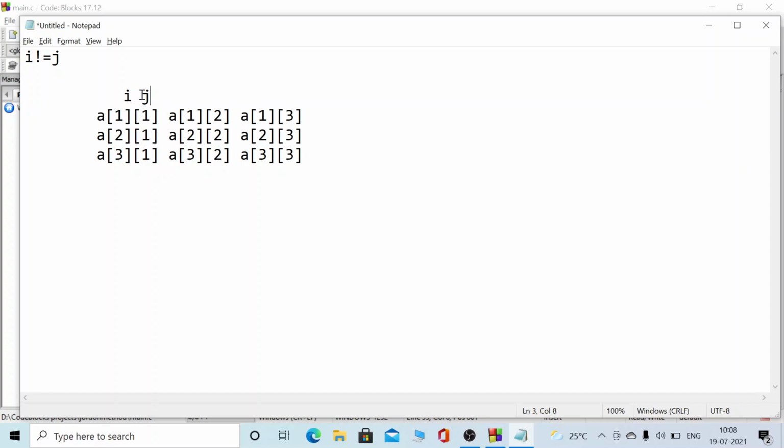Here we can see three elements where i is equal to j: 1 is equal to 1, 2 is equal to 2, and 3 is equal to 3. These three are the diagonal elements. Leaving these diagonal elements, it will consider all other elements and make them 0.